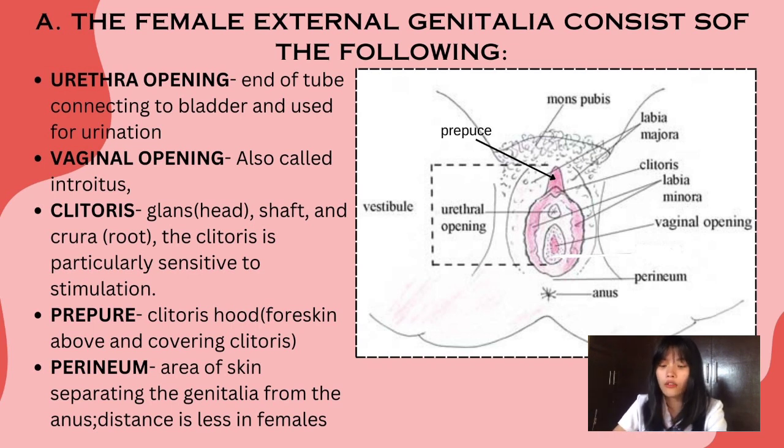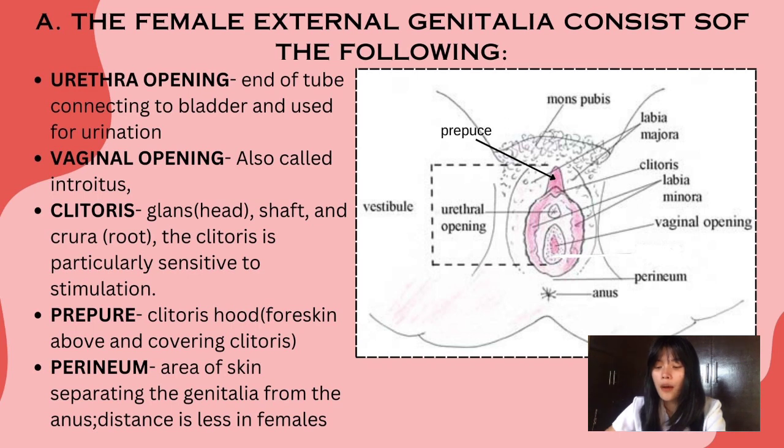Vaginal opening is also called introitus, and clitoris, glans or head, shaft, and crura, or root. The clitoris is particularly sensitive to stimulation. Clitoris is a small structure with sensitive nerve endings located within the labia minora, the sole purpose of which is for sexual arousal and pleasure. Prepuce is the clitoral hood,